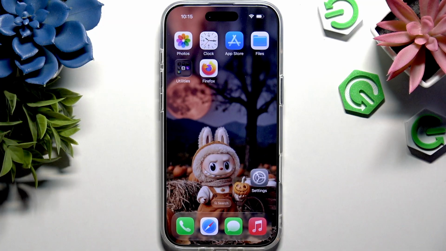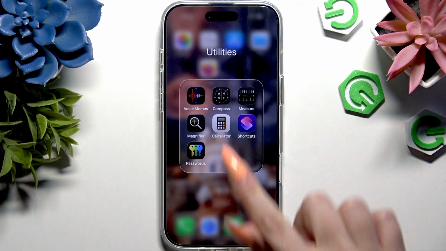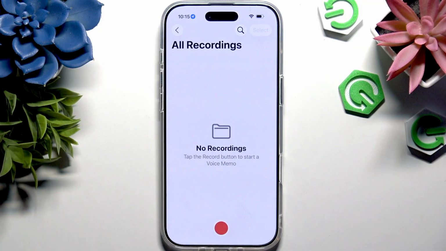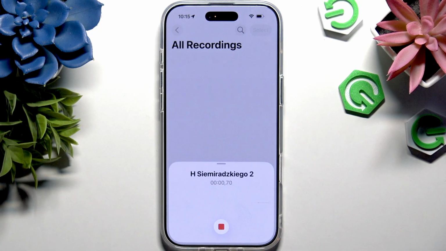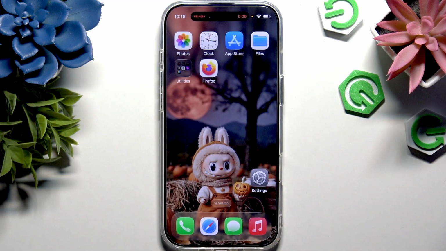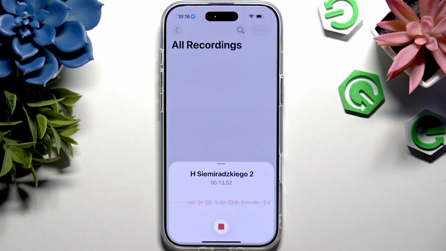If you want to use it, no tricks, just few simple steps, then start by opening Utilities folder. Click on Voice Memos to launch it, and red button to start recording. Now you have two options while recording is going. You can either close your app and record in the background, then to stop just open the same app again,